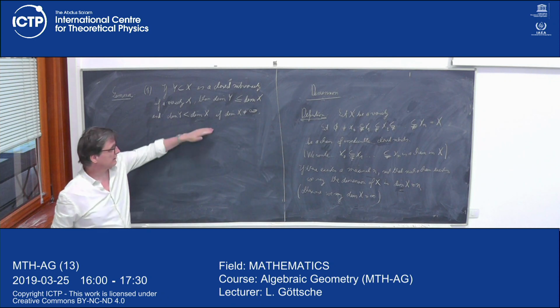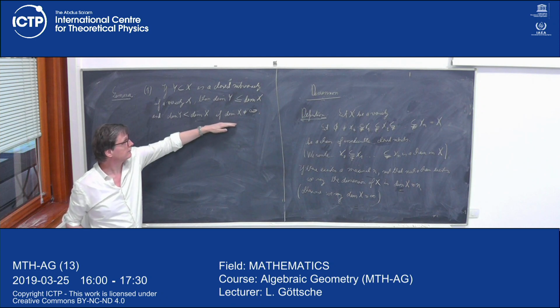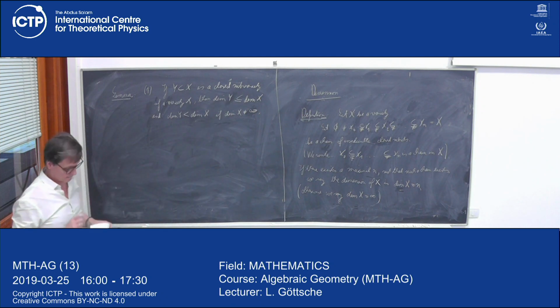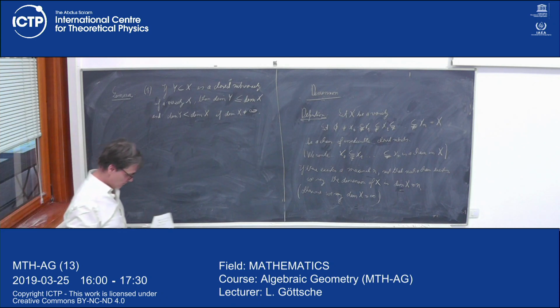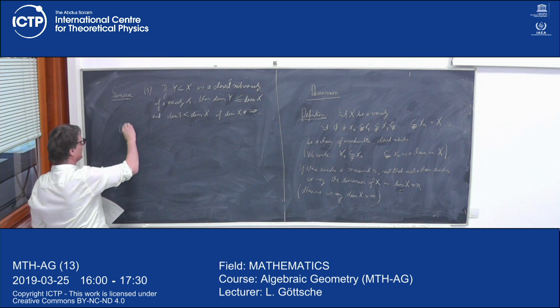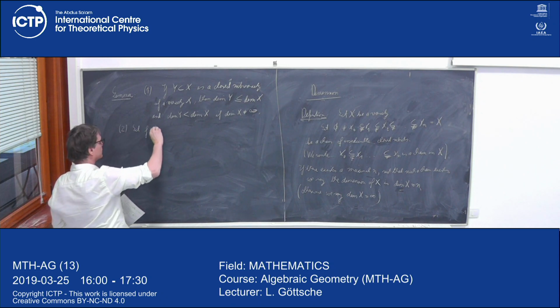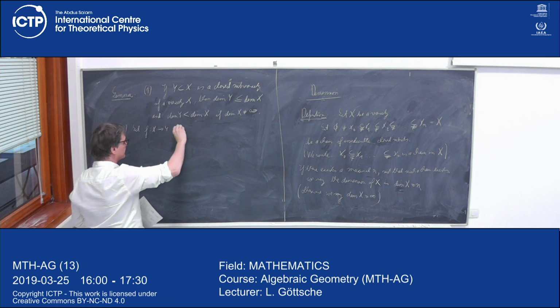As I said, this case actually does not happen. So in fact, it will always be strict, but for the moment we have to carry it along. And this is used for what I announced, namely that f from x to y, the finite surjective morphism,